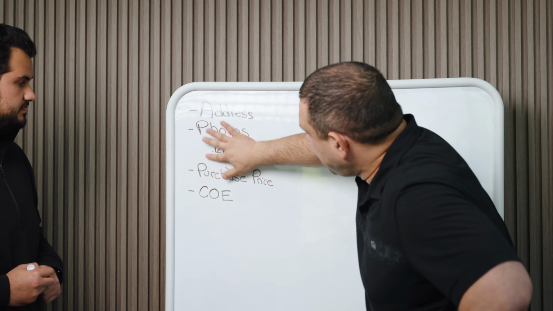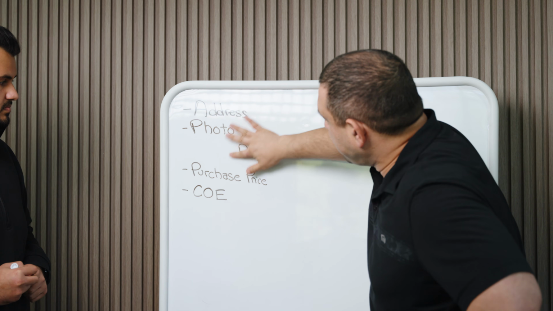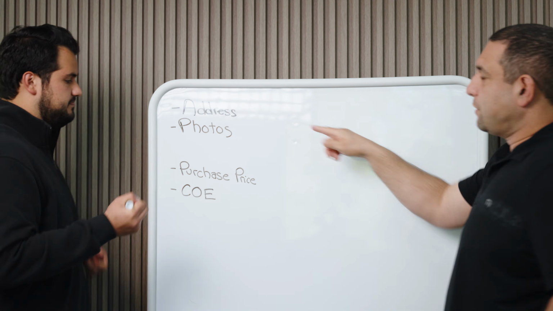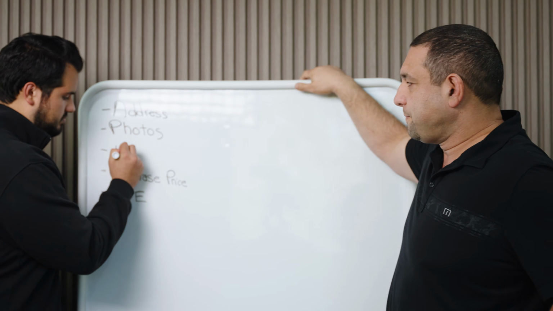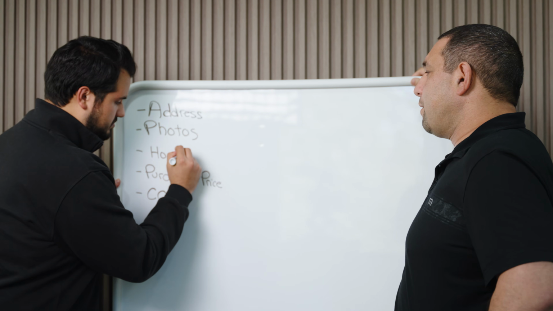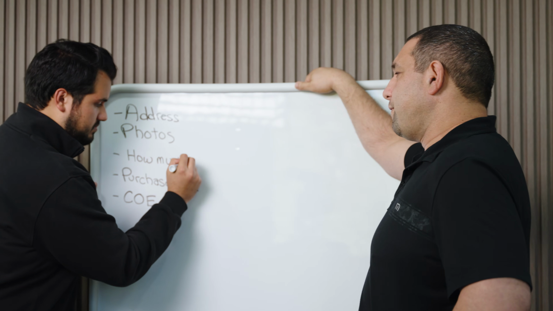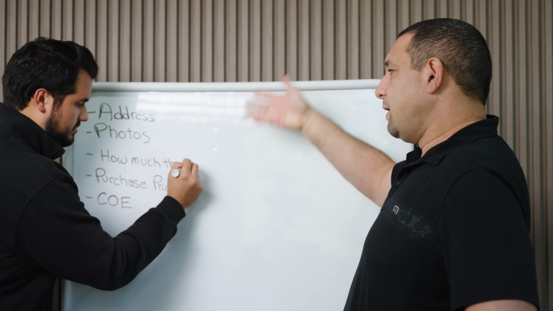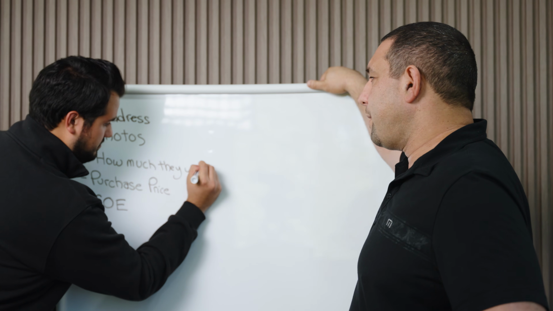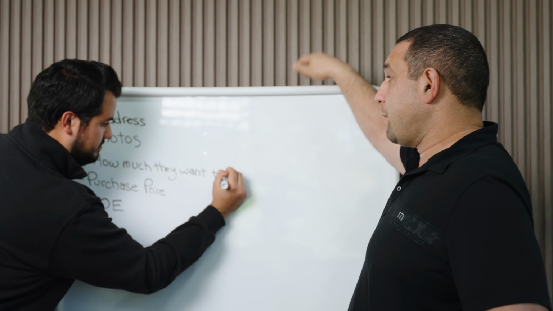Yeah, and then when we're underwriting to loan money, we actually don't even need this anymore, but instead of this, what we need is how much they want to borrow, right? So that would be the thing that changes. Why do we need to know how much they want to borrow? Why don't they want to borrow the whole purchase price or most of the purchase price? What could be different? Maybe they want to borrow less, maybe they want to borrow more.